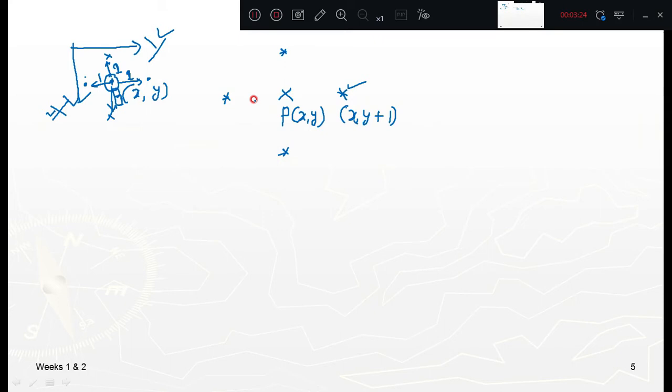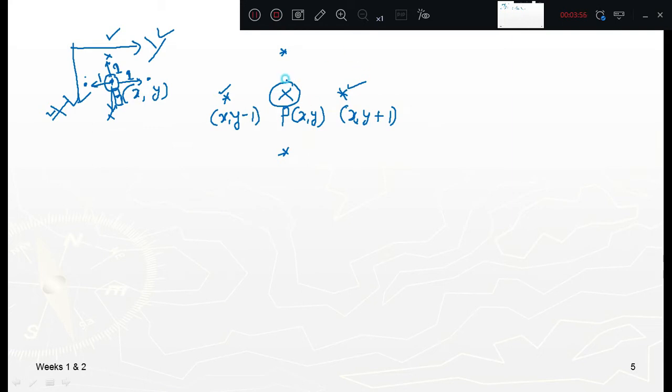Now similarly I'll go to this pixel. Again look at the coordinate here. Which coordinate will be constant? x will be constant. Which coordinate will be increasing or decreasing? The y coordinate, because you are going downwards with respect to the middle pixel. You always need to consider the middle pixel. So the neighboring pixel is y minus 1. I hope you understood.